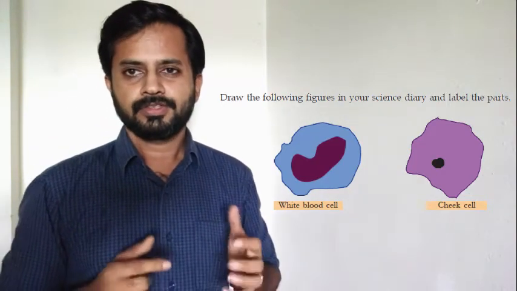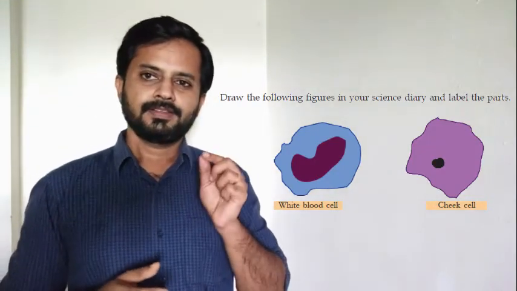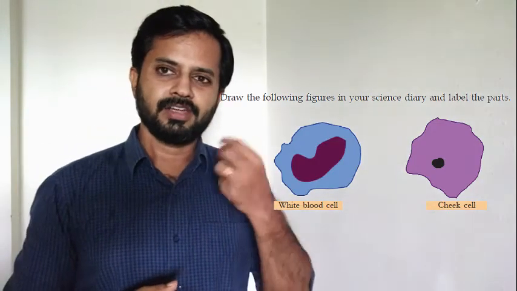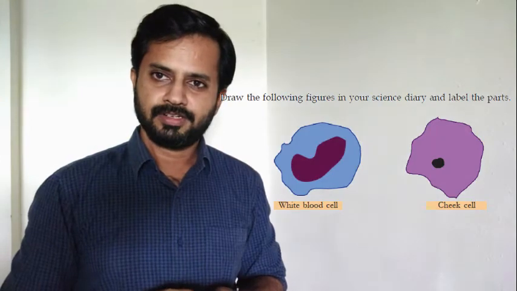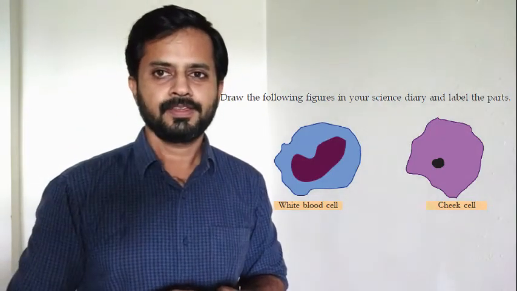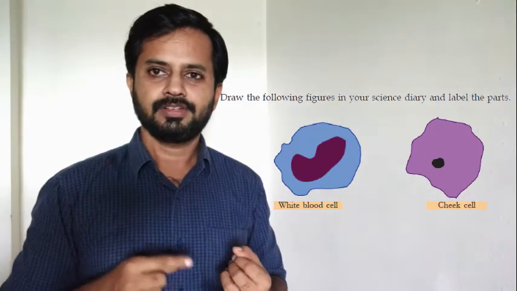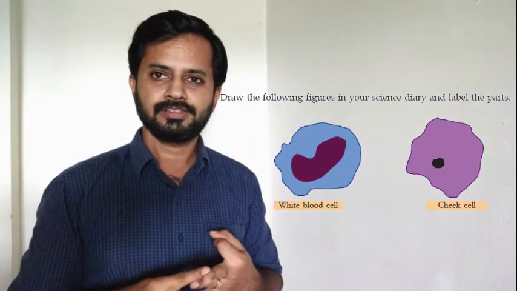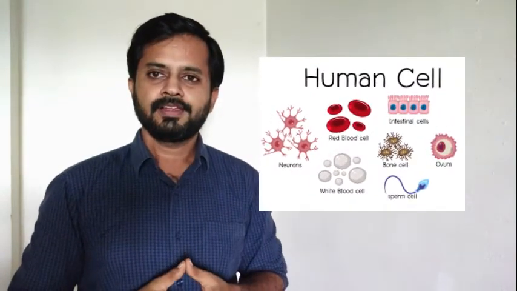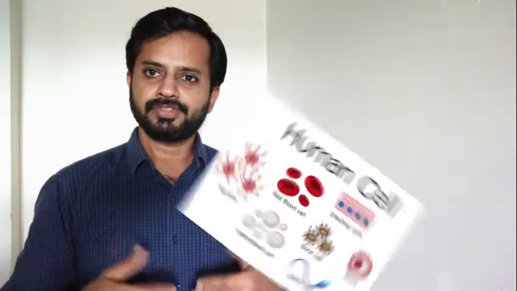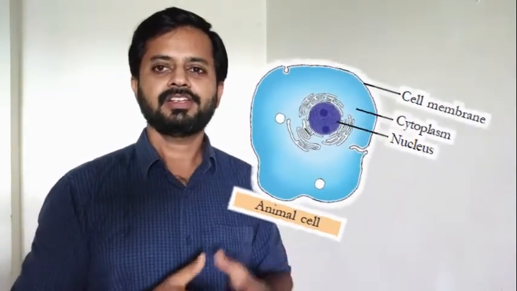Okay, so today what are the things we have learned? We have learned there are many small basic units in every body. The name of those things are cells, isn't it? They are very small, and there are different types of cells. There are blood cells, nerve cells, muscle cells, cardiac cells. Different types of cells are there, and there are mainly three parts in a cell that we have to study. That is cell membrane, cytoplasm and nucleus.